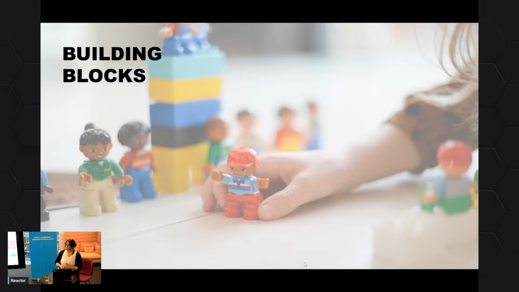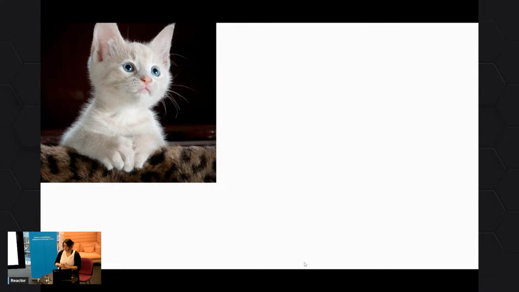first, before we get into how we actually test the ideas, let's go through some of the building blocks that we have, and some of them Henk has already talked about. So one of the building blocks is classification, like image classification. Is this a cat or is this not a cat? Is this a red card or not a red card? If we just feed in the image, any frame from the video.